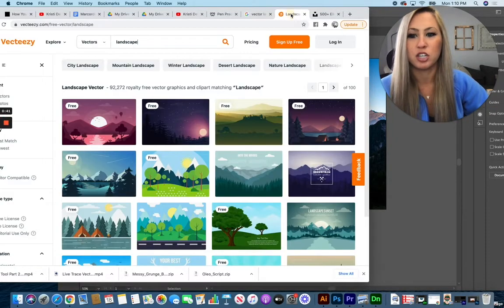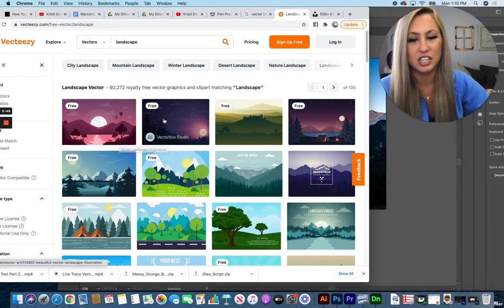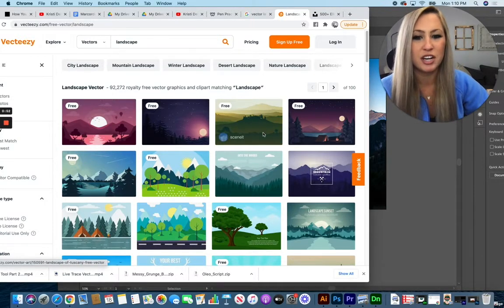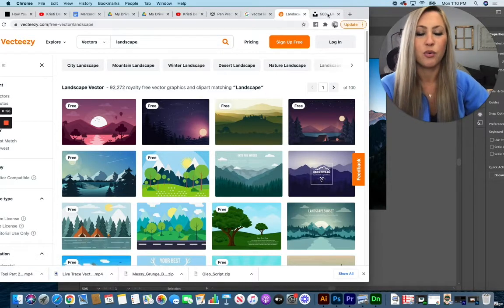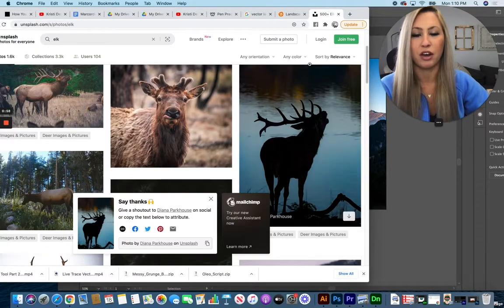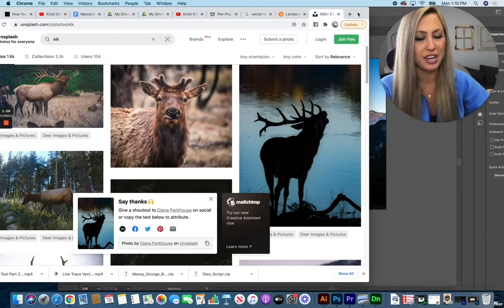Another great option is to look at vecteasy.com and just typing in landscape. Although not all of them fit that exact criteria, you can see a lot of them are that depth of space created with only gradients and solid fill colors. What I would recommend doing for finding your actual images is go to a free image site like unsplash.com and find your images that you want to use and arrange them in your space where you want to put them